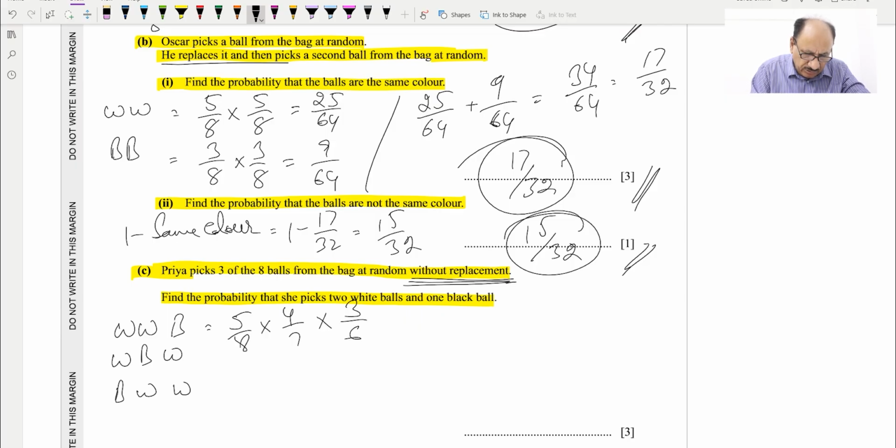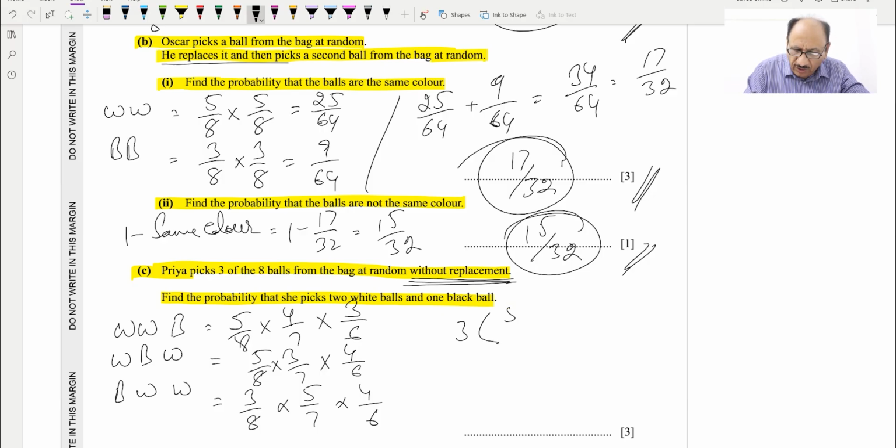1 will be reducing in the denominator, and next will be what, 5 by 8, 3 by 7 for black, and 4 by 6 for again white. So the last one will be 3 by 8 into 5 by 7 into 4 by 6, or in other words, we can write 3 into 5 by 8 into 4 by 7 into 3 by